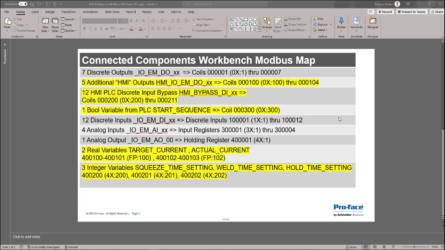If I go back, here's the Modbus map that I just put to paper in the PowerPoint presentation. The items in yellow are the items that I'm going to bring into my small starting project to begin with. So basically I have to get these